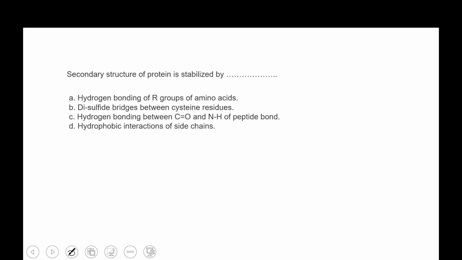Hydrogen bonds, hydrophobic interactions, electrostatic interactions, disulfide bridges. So which bond is present in the secondary structure? What are the secondary structures of amino acids or polypeptides? What are they called? Alpha helix, beta sheet. You must have heard that,